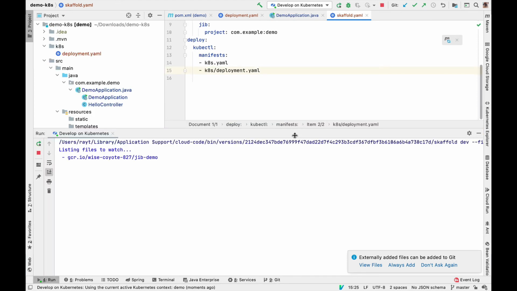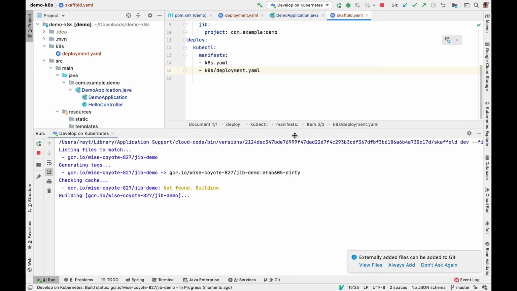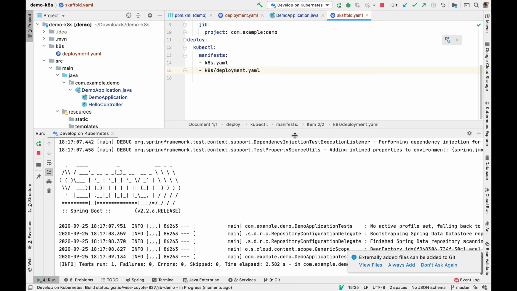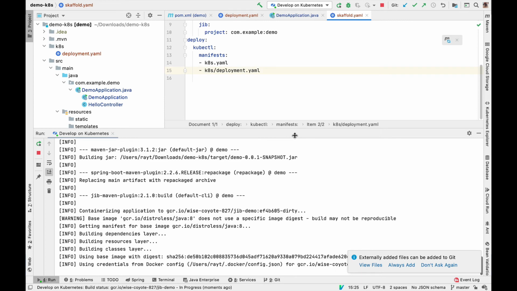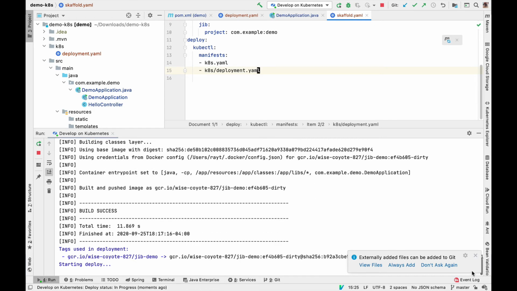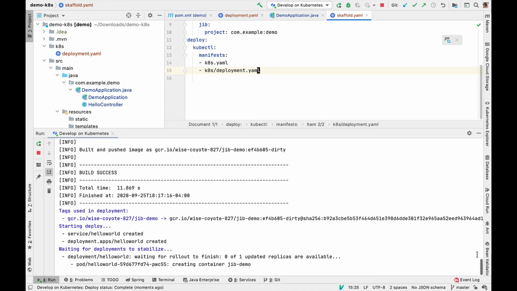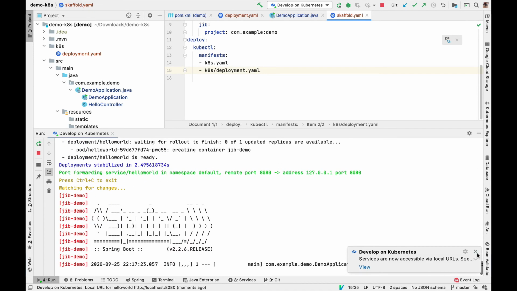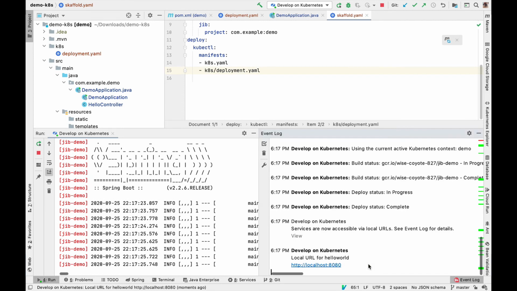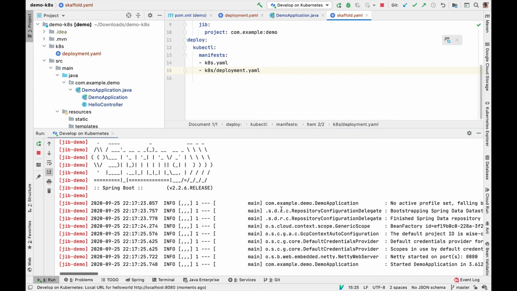This will then rebuild your application, build the container image, deploy the Kubernetes YAML file, and even automatically establish a local port forward so that the local port 8080 is now connecting to the load balancer within Kubernetes. And so your request to your local port is now routed to your backend. And you can also see that the logs are automatically streamed from the Kubernetes cluster into your local console. So this actually makes running an application in Kubernetes feel a lot like it's running locally.